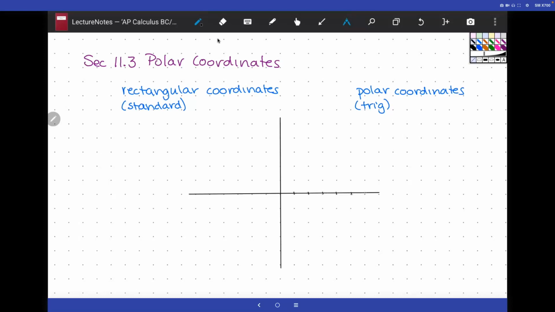So we're used to a grid. And assuming that my scale is 1 on both axes, I can put a point here,